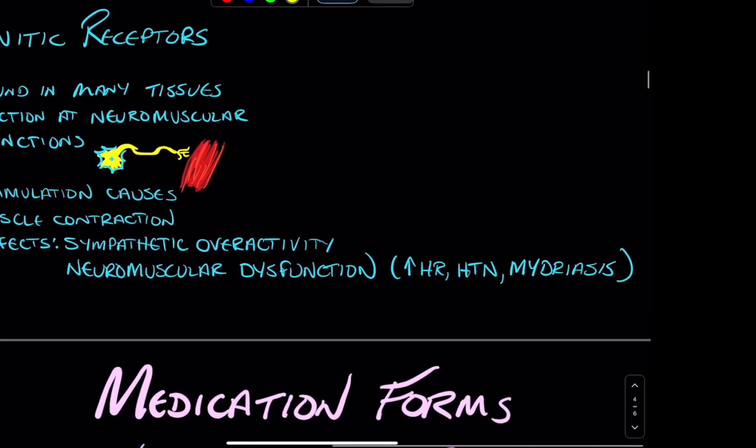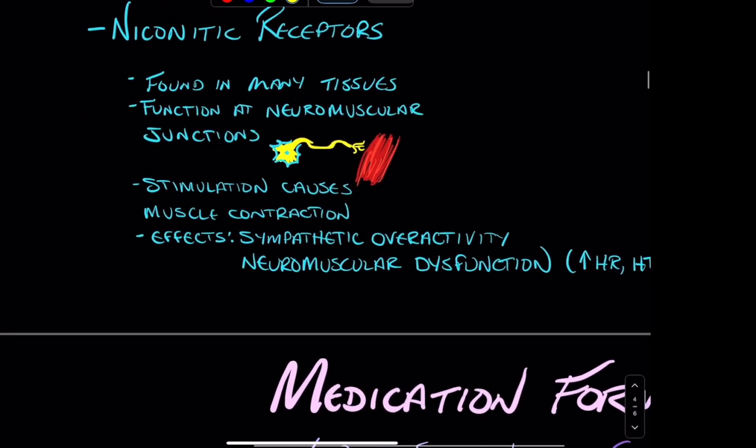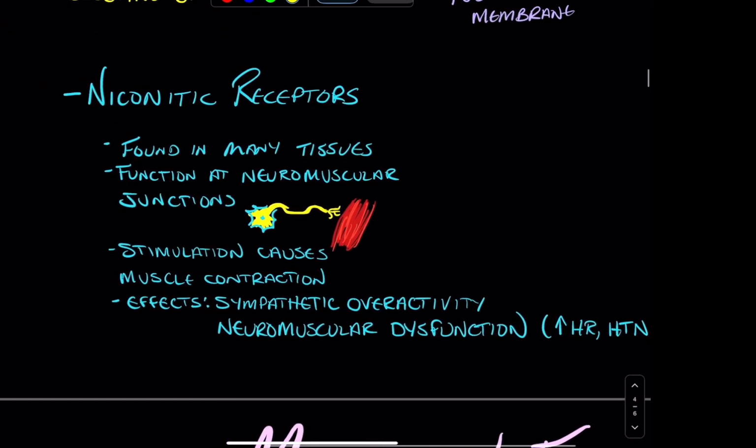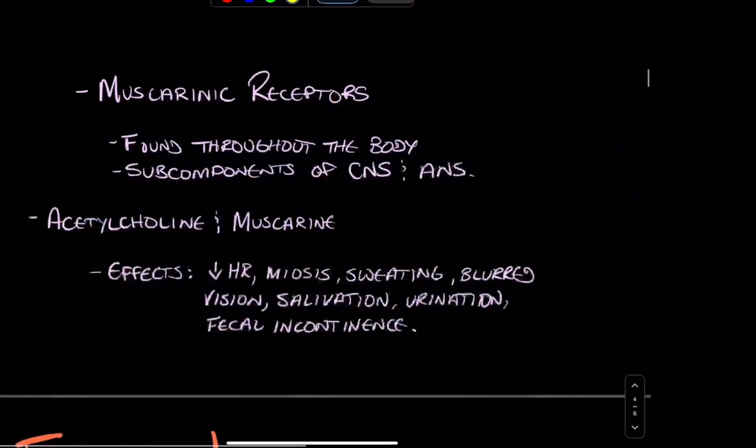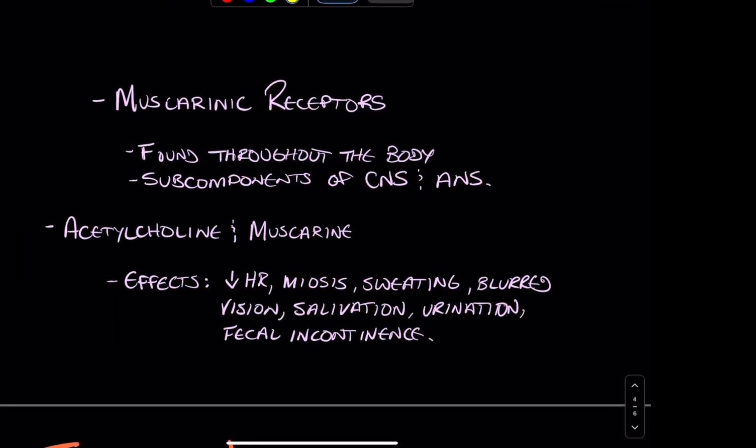So you can see here things like heart rate increase, hypertension. If you think of vascular constriction, mydriasis, which is the dilation of your pupils, so that'd be your iris, actually the muscles in there getting contracted. That's your nicotinic receptors. The other major one would be your muscarinic receptors, and these are typically found kind of